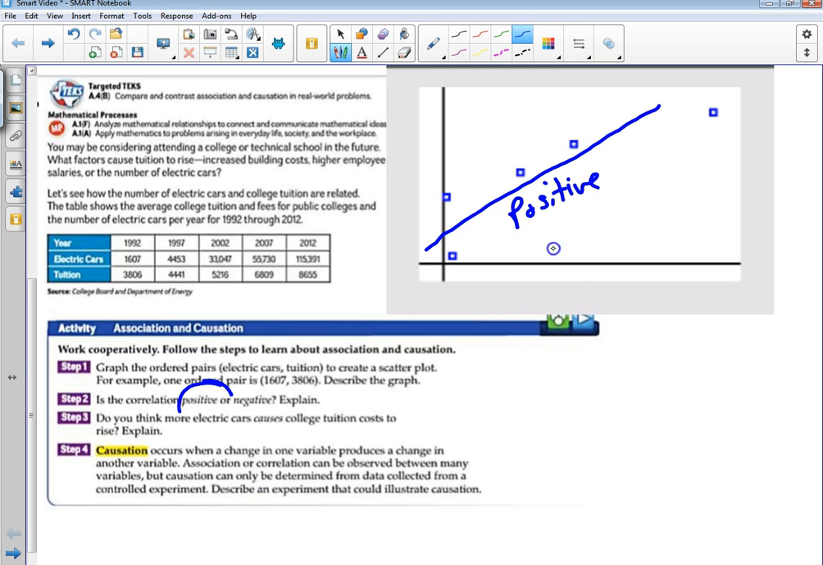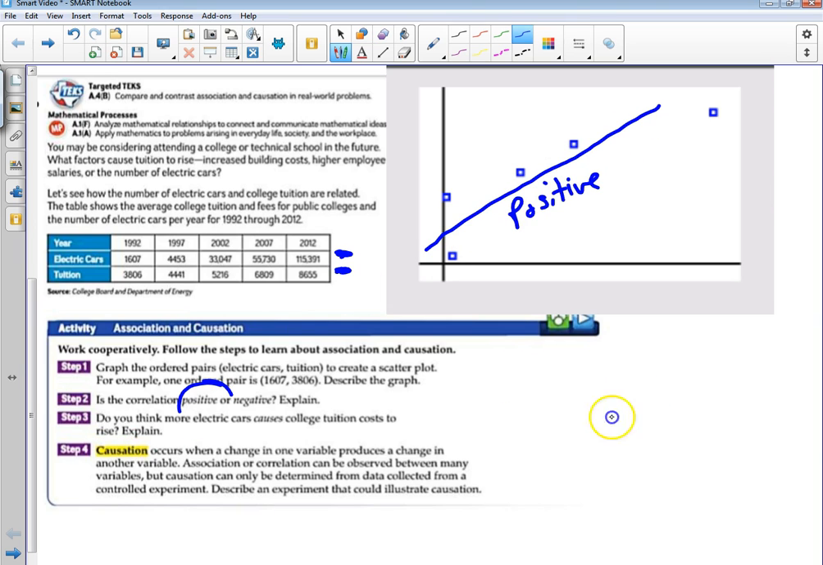So would you consider the electric cars and tuition, would you consider that the college tuition would go up because people are driving a different car? No. We would say this would be a correlation. So this has an association right here between these two things of a positive association,